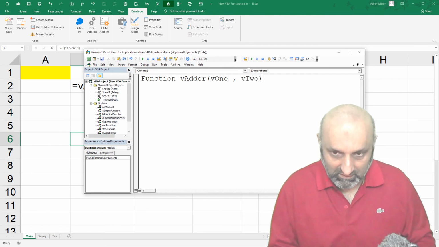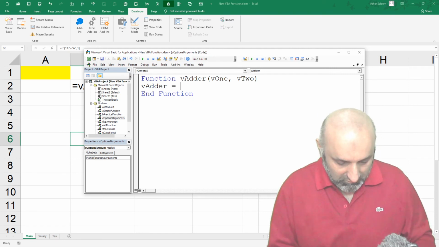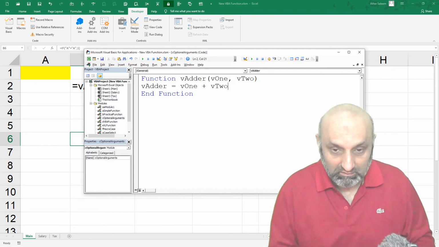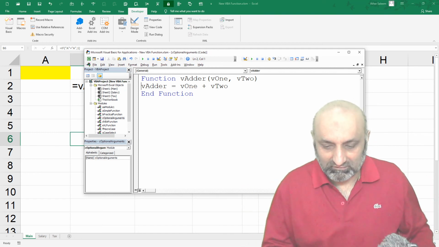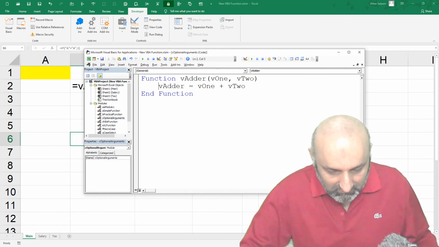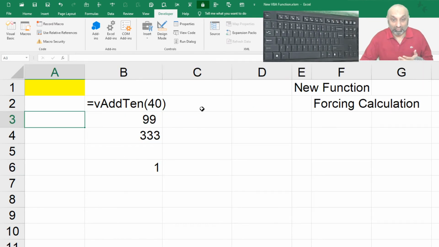Then I say vadder is equal to v1 plus v2, and that's it. Let me zoom a bit. This is adding two variables, v1 and v2. What if I want to have v2 optional?